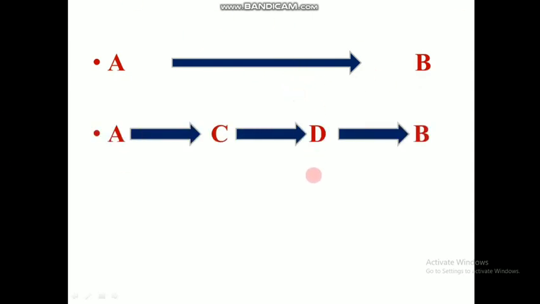So if we conclude Hess's law through a figure, A is giving B, and this is the particular enthalpy of this reaction. And if this reaction is carried out in intermediate steps, then it will become A giving C, C giving D, and D giving B. Even if the reaction happens in steps, the enthalpy change will be the same, as enthalpy is an extensive property. So this enthalpy will be equal to this enthalpy plus this enthalpy plus this enthalpy. So that's what Hess's law told us.